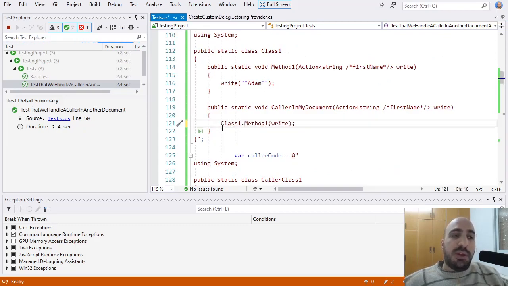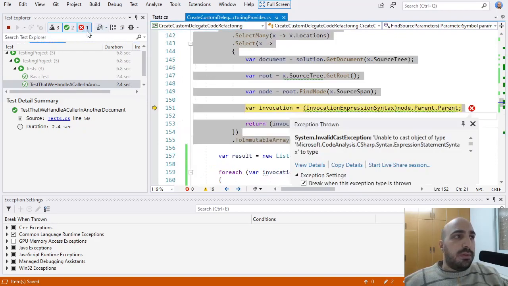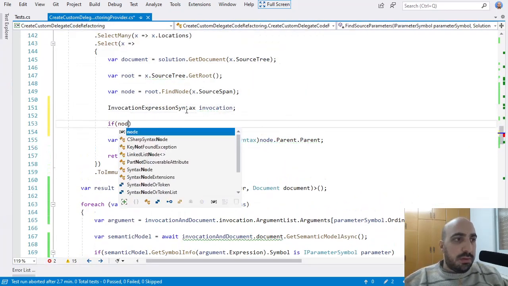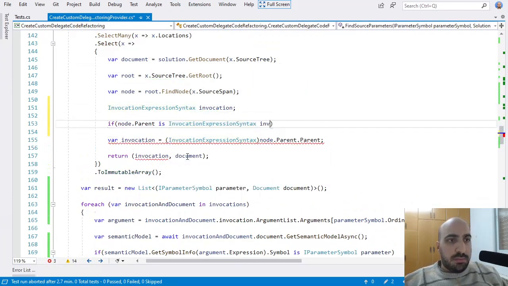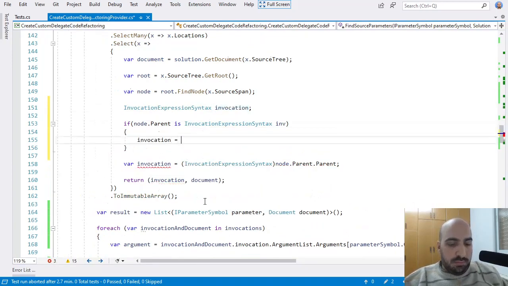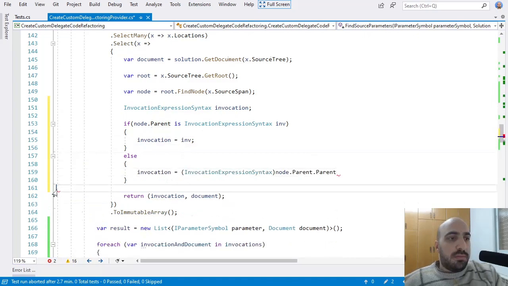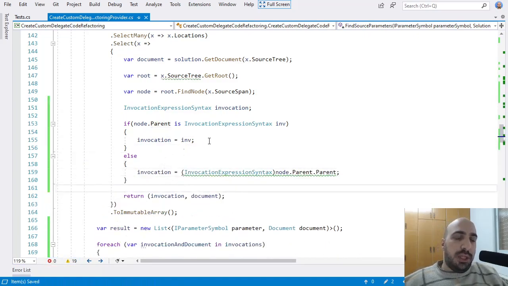So if I do this, I will not get this exception, but I want also to make it work for code that accesses the method like this. Okay, so this solution here will handle the two cases.